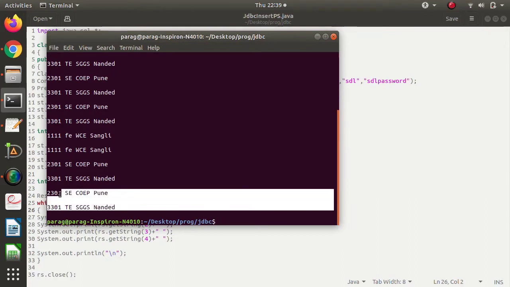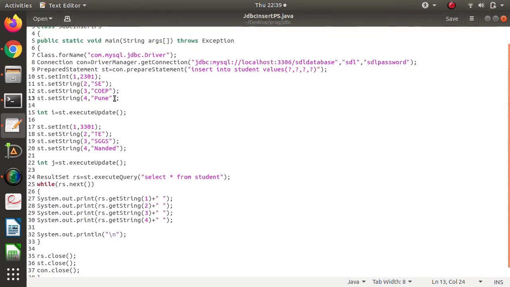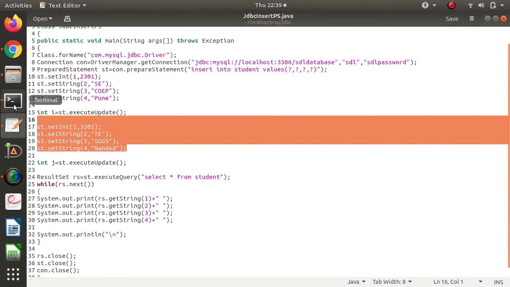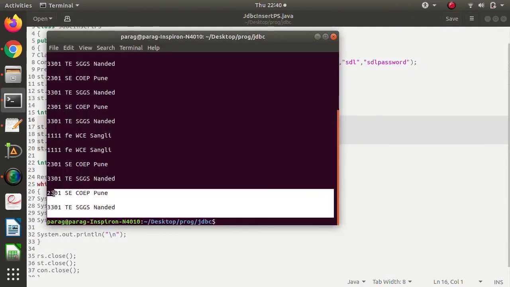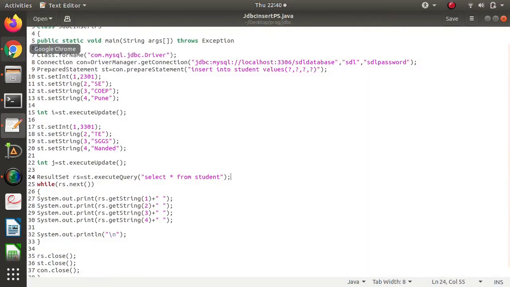We have added these two rows as we have mentioned in this program. We are adding the first row, and one more, so these two rows are added here. In this way, prepare statement is used in the Java language in a JDBC program.